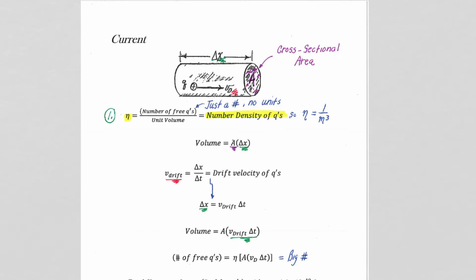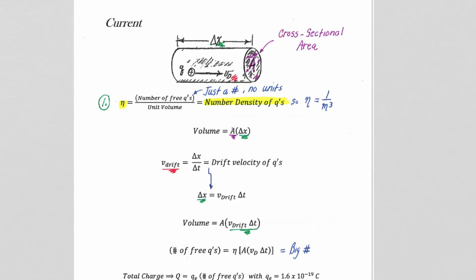We're now going to look at current in a little more detail. We're again looking at this blown up portion of a wire that's carrying the flow of charge, and you can see we have the cross-sectional area A. The generic length of the wire we're going to look at is delta x, and we are right away defining